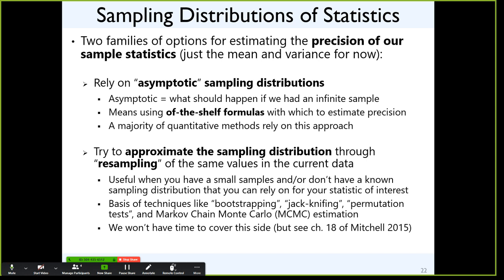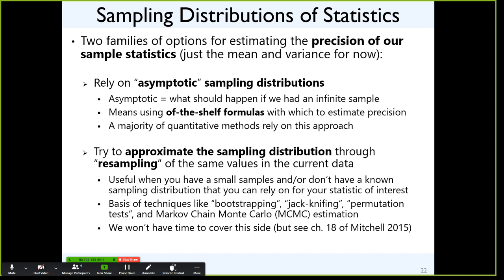Some of you who work with very large secondary data sets, anybody do that? No? Not yet? Well, if you were to, then you actually have the opposite problem. You have so many people that everything looks like it matters, and trying to sort of the wheat from the chaff can be a problem in the opposite regard. But most people that I work with, they're struggling to get real subjects in their studies because subjects are hard to come by. So you want to make sure that you have enough people to where you can say that, no, this is a good estimate, I believe it, and trying to figure out how believable your estimates are.